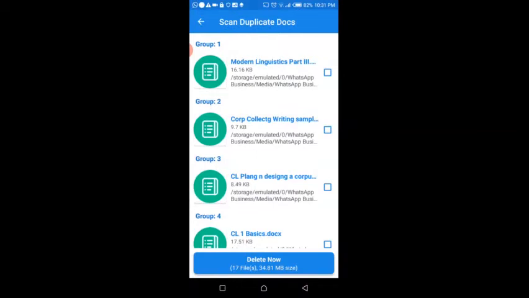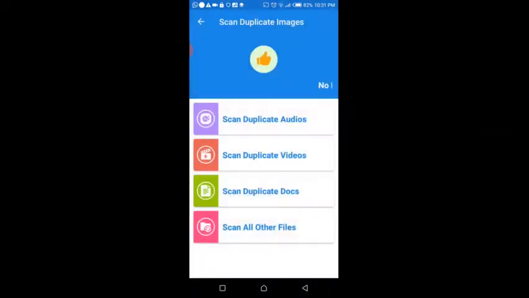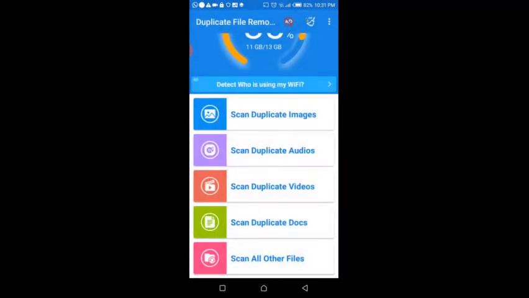I do not want to waste your time. So you can scan your duplicate audios, you can scan your duplicate videos, and scan duplicate documents. And if you want to scan all files, you can scan all files. So I am going to scan duplicate documents. Okay,